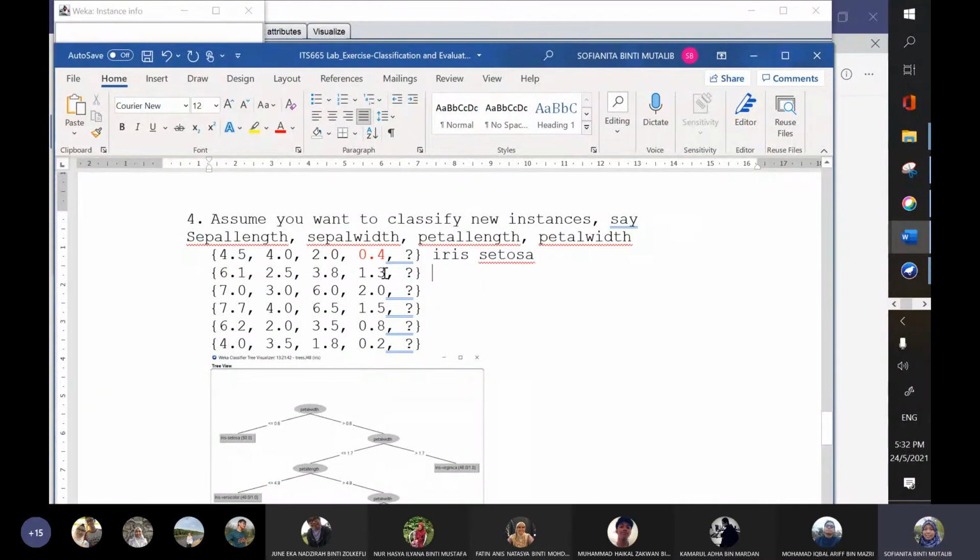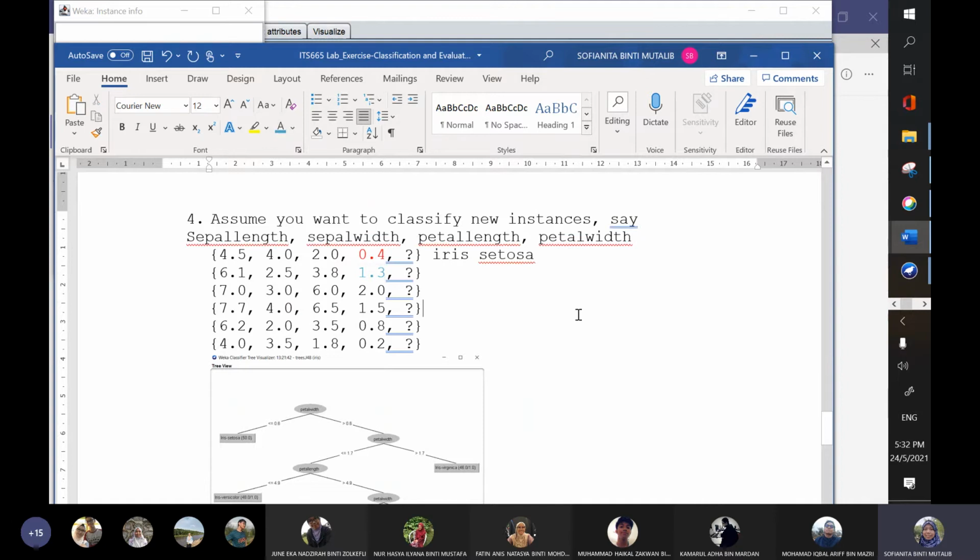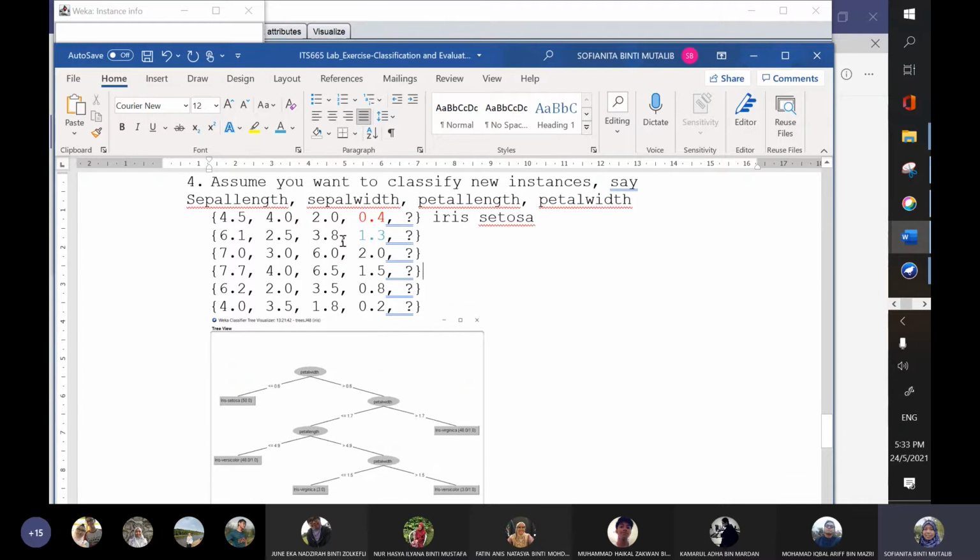And the next one you can also have a look here. It is more than 0.4, so it goes to the right branch. And then you depend on the petal width, which should be less than 1.7 here.